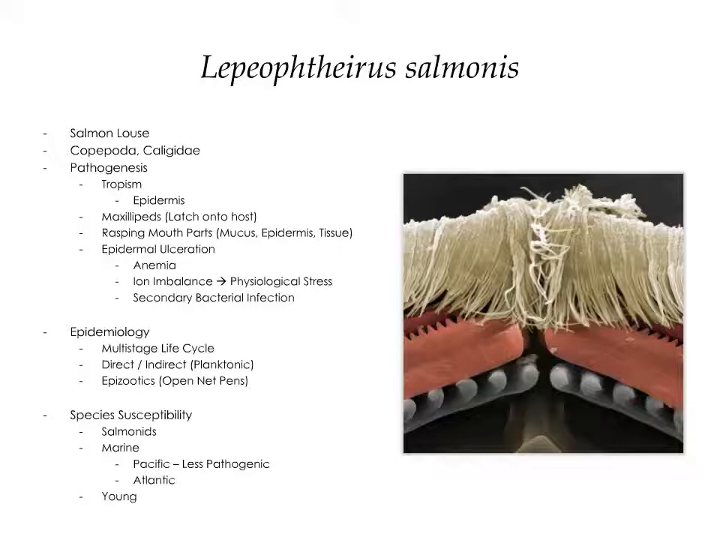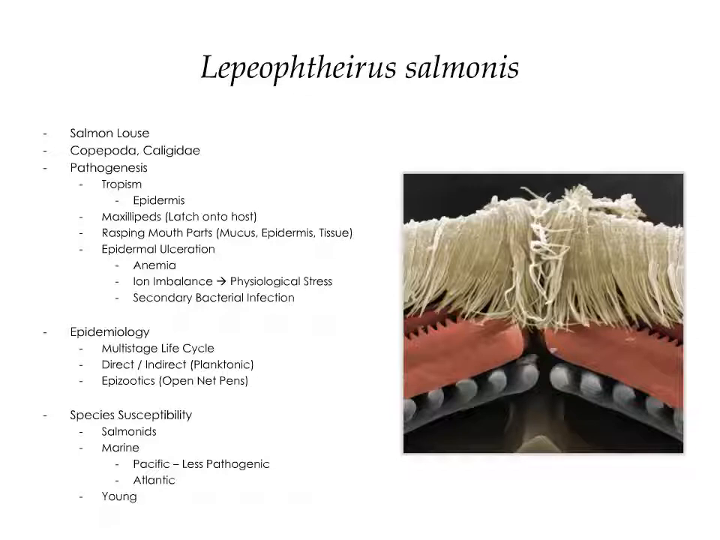Lepeophtheirus salmonis is more commonly known as the salmon louse. It's a member of Copepoda of Caligidae. In regards to pathogenesis, it has a tropism for the epidermis. It uses its maxillipeds to latch onto the host, and then it uses its rasping mouthparts to feed on mucus,